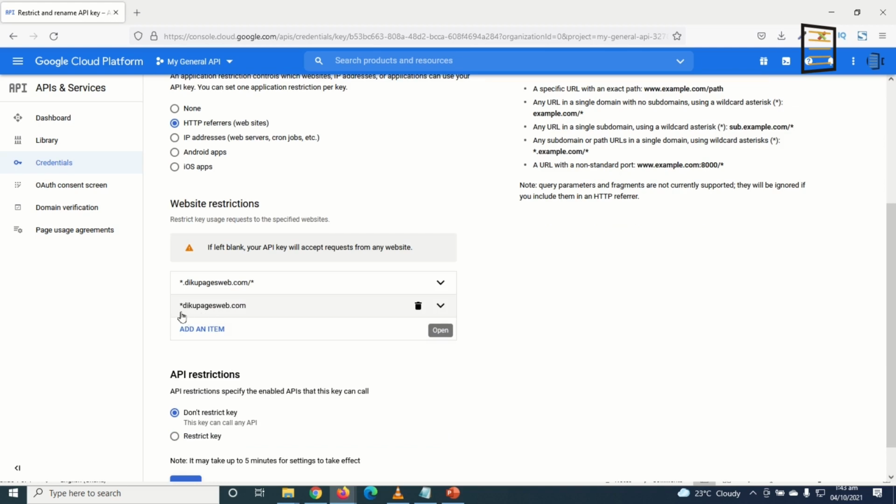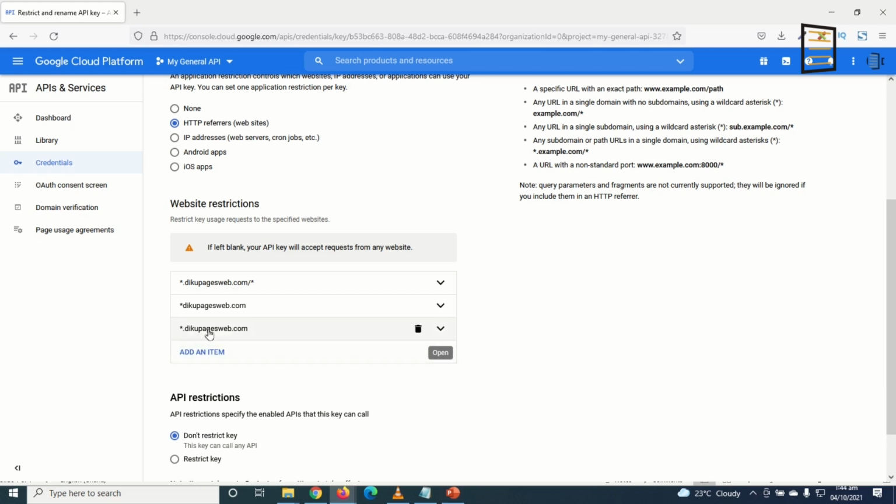So this time around, I've added another format, and the difference between the first one and the second one is that with the second one, I have only asterisk preceding the URL. You don't see the dot in between the asterisk and the beginning of my URL, and at the end I don't have / and the asterisk. So make sure you have these two formats in here. And finally, I have another format that is similar to the first one, but I don't have the / and then the asterisk at the end. So you may want to enter these three formats for your web address.